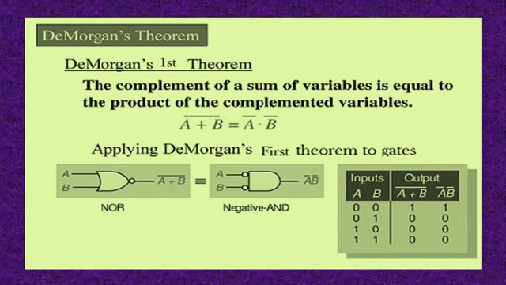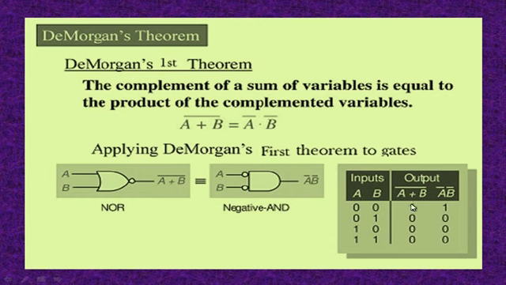This is De Morgan's first theorem, and this is the truth table for De Morgan's first theorem. By using the truth table, we can prove LHS is equal to RHS. As there are two variables, there are four possible combinations of inputs and their respective outputs. This is LHS and this is RHS. As LHS gives the NOR gate, when both the inputs are low, the output will be high, otherwise the output will be 0. We can prove this De Morgan's first theorem by taking each case separately.